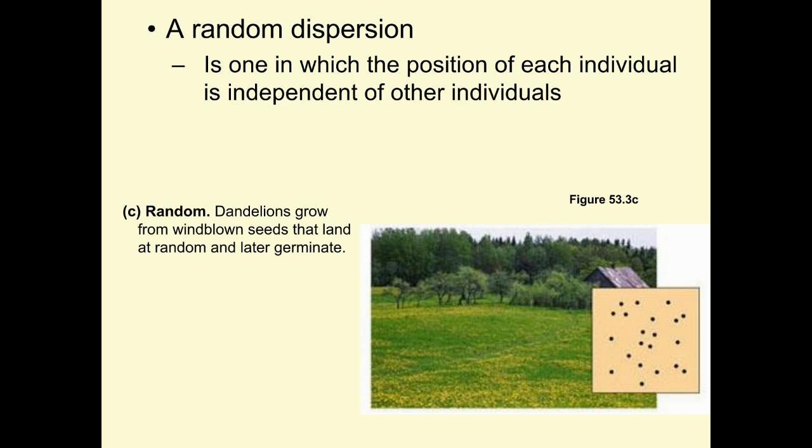Random dispersion is where the organisms could care less if they're packed together or far apart. So these are plants. You can think of a lot of plants here. They really don't care. Bacteria really don't care. Although there's some interaction between plants, so you could argue this in a few different ways. But we go with the plant concept, and they're showing the dandelions in the field.